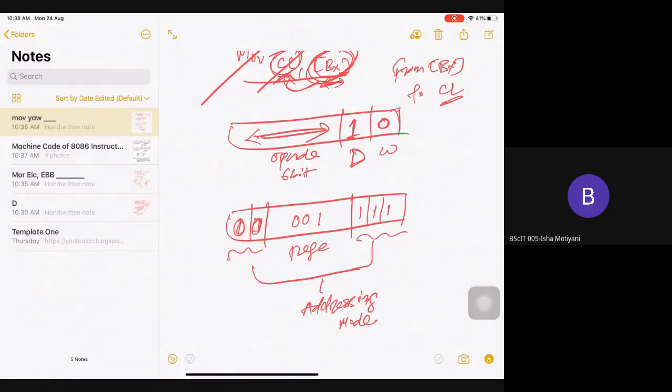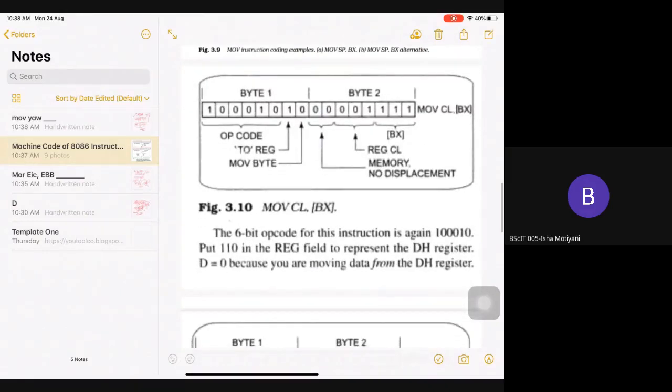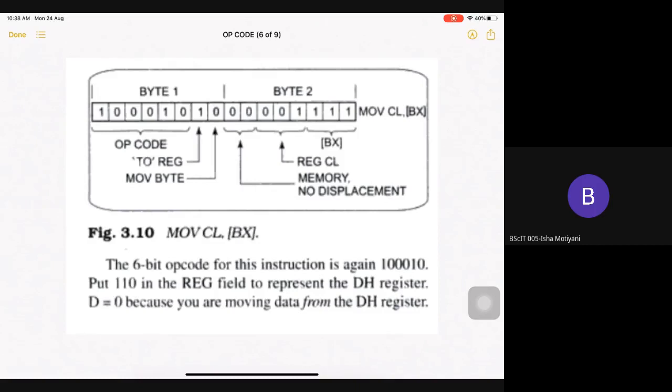So this is the conversion. So BX is also covered. So everything is covered in my move instruction. So now this is the final binary code for my move instruction. It is a 2-byte instruction. Something 10, 00, 001 and 111. And let's check the answer. Okay. 10, 00, 001 and 111.